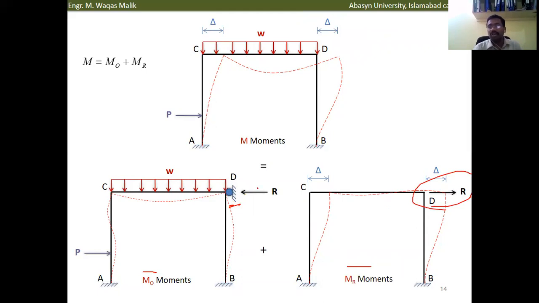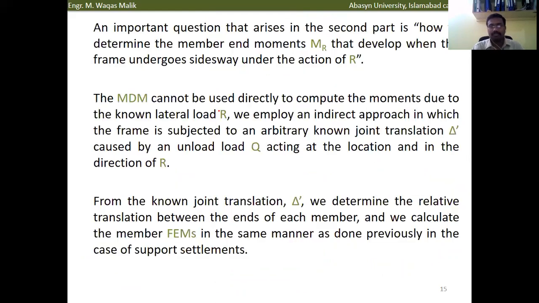As these forces are applied in opposite directions, they are going to cancel out the effect of each other, and ultimately we are going to receive the values of the actual member end moments of the frame, which has side sway in any direction. After this, the important question that we have to address is how to find out the member end moments when a force R is applied on the structure,